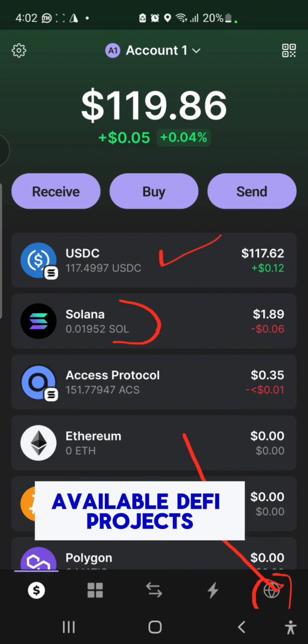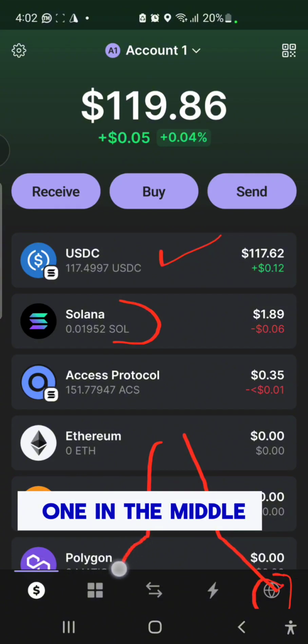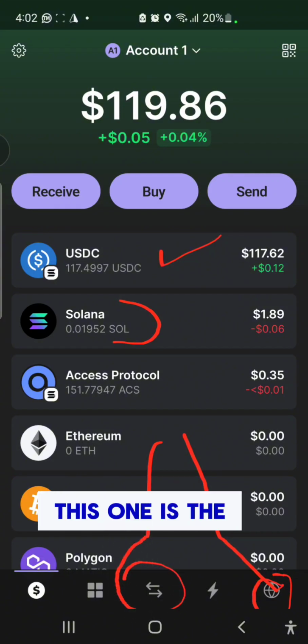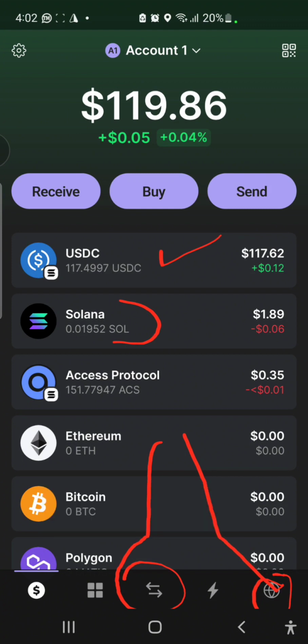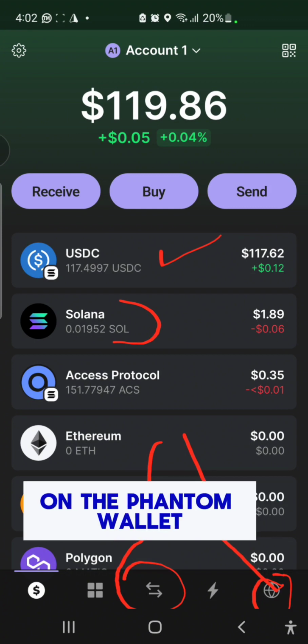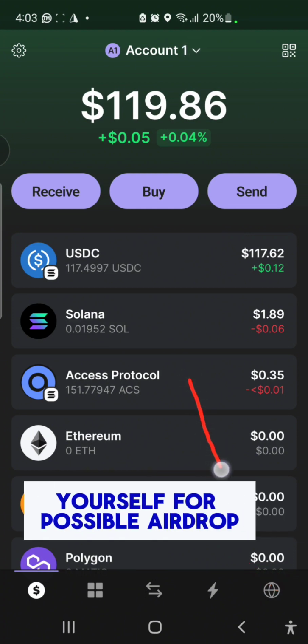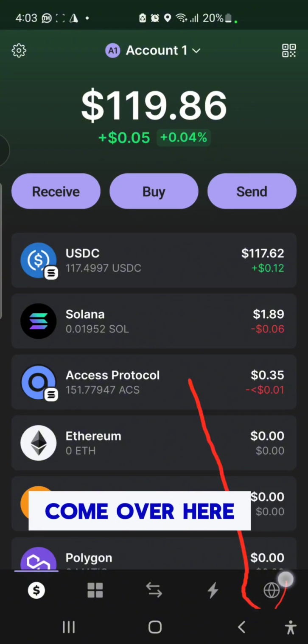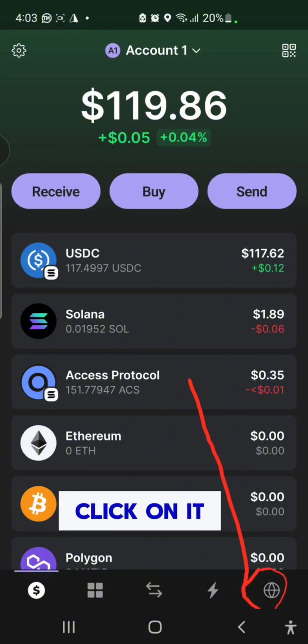available DeFi projects. Then the option number 2 you have is this one in the middle here. This one is the native swap function on the Phantom wallet. But for those of you who would like to position yourself for possible airdrop in the future, come over here, this one here at the top right hand corner,